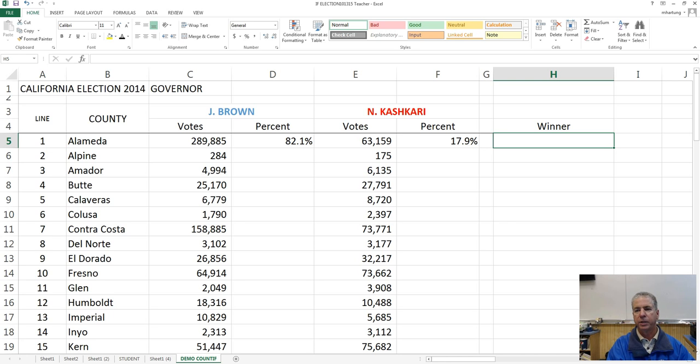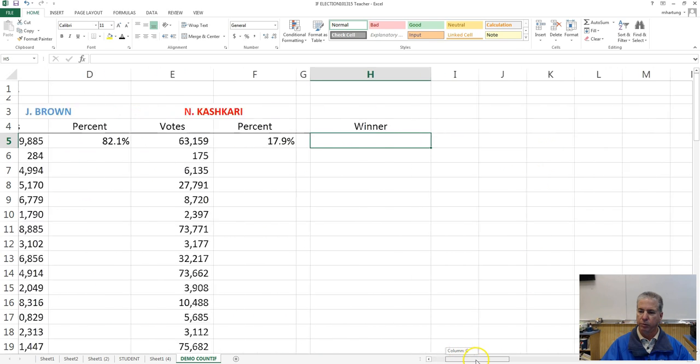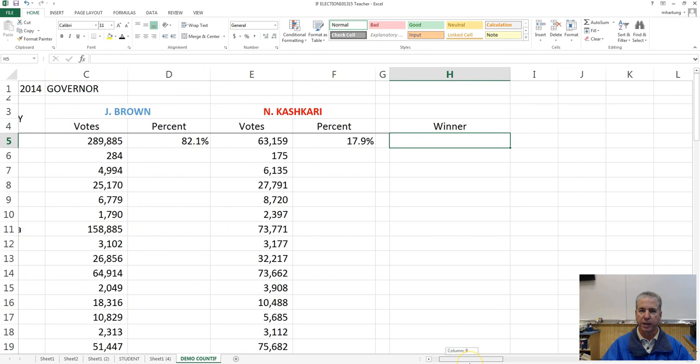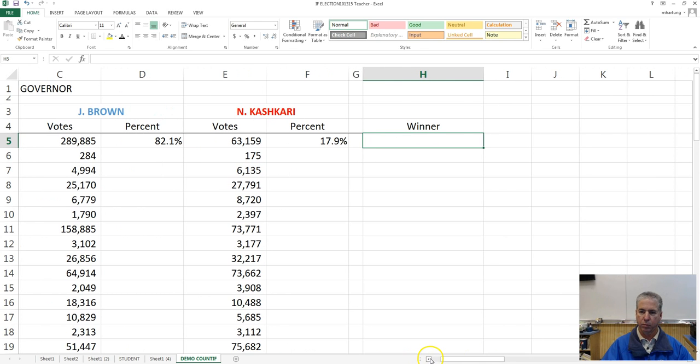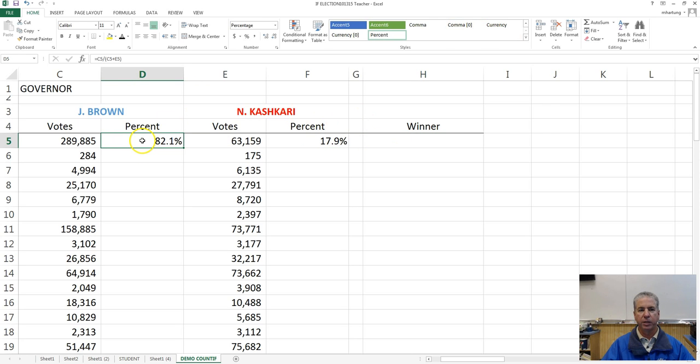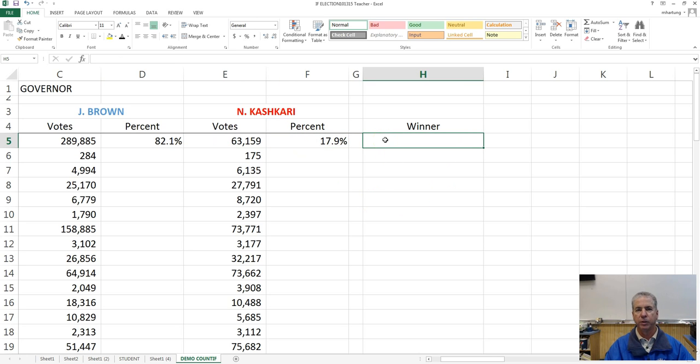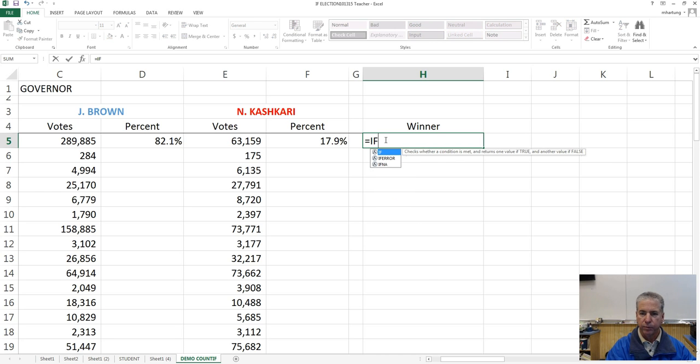The next step is to indicate who the winner is for each county. And the way that we will do that is to apply our if statements that we've learned in the previous lessons. What we want to do is put in what we are calling this logical operator. We want to compare this percentage to this percentage and then reveal who the winner is for that category or for that county. Equals if